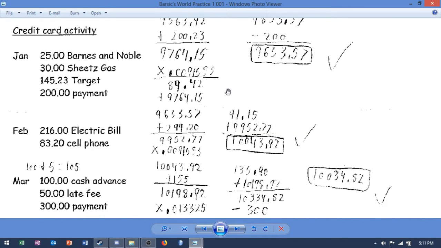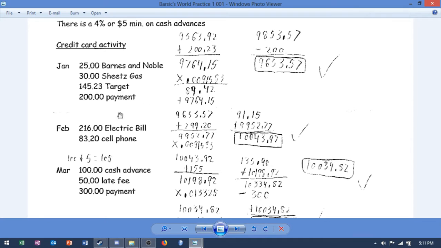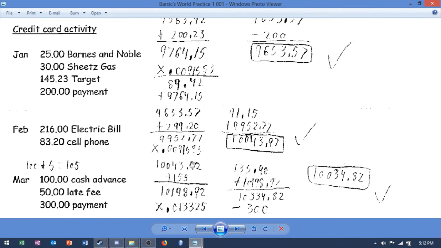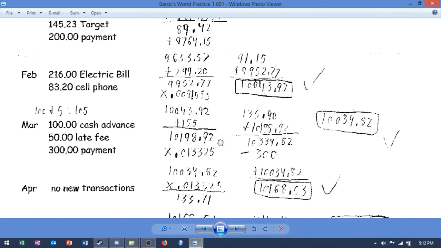So you take that number and you go to the next one, February. So you have your 2 purchases, $216, 83.20 electric bill, cell phone. Add in with your balance that you got here, times the MPR, get your interest, add it back in, bam, which is $10,043.92, I believe. Yeah. So now we get into March, and with the cash advance, the 100 times 0.04 comes out